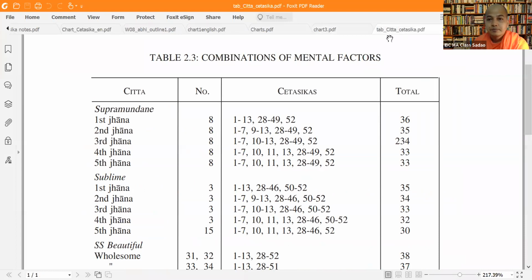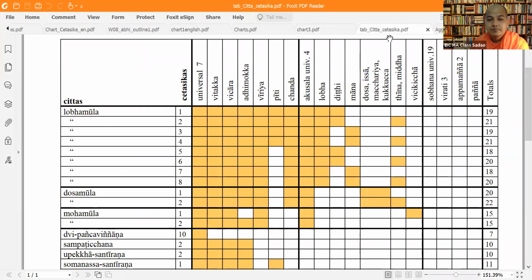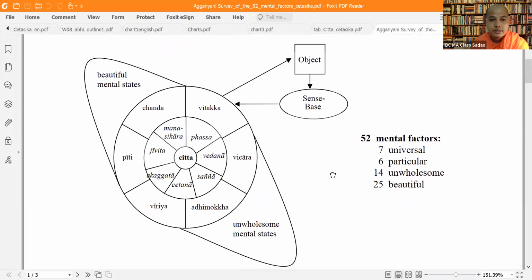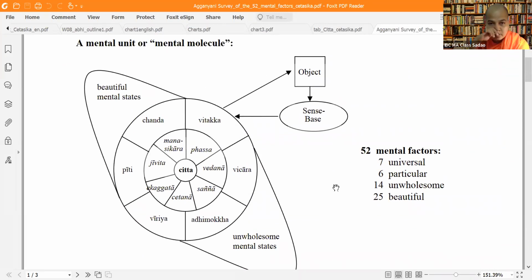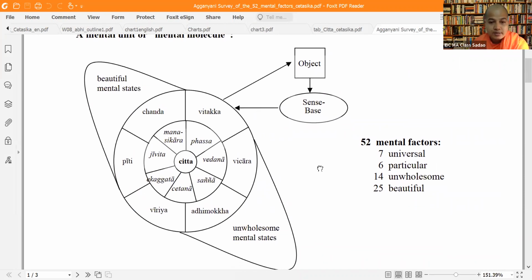Okay, let me show you this chart. I think it will be clearer. Look at this thing here. A mental unit, a mental molecule. Now, this is representative of one mind moment. So you have this 7 plus 6, 13